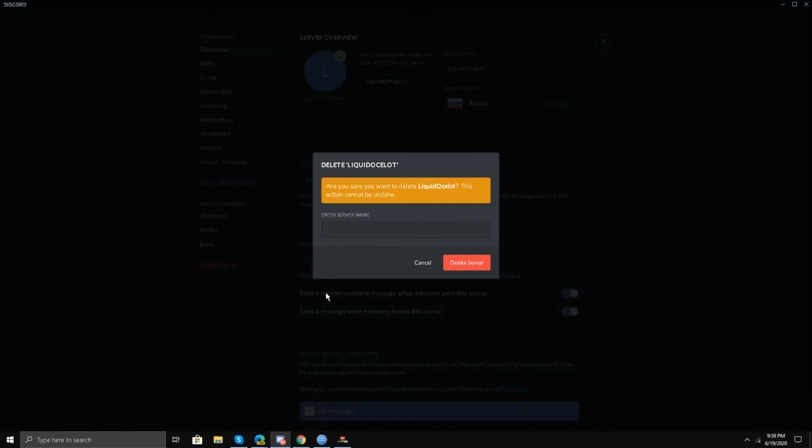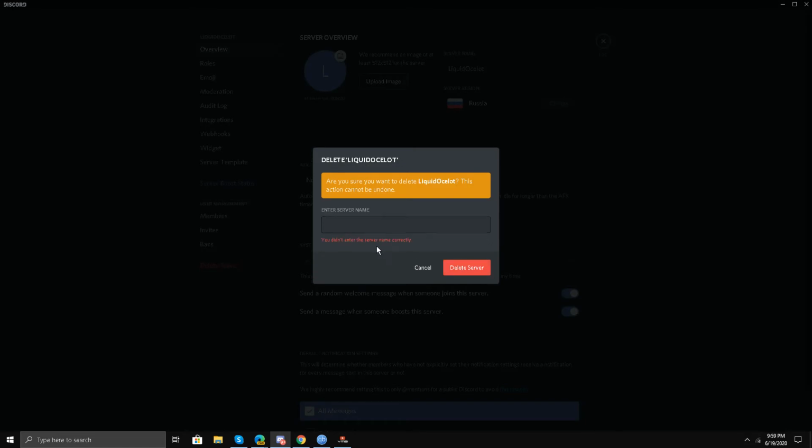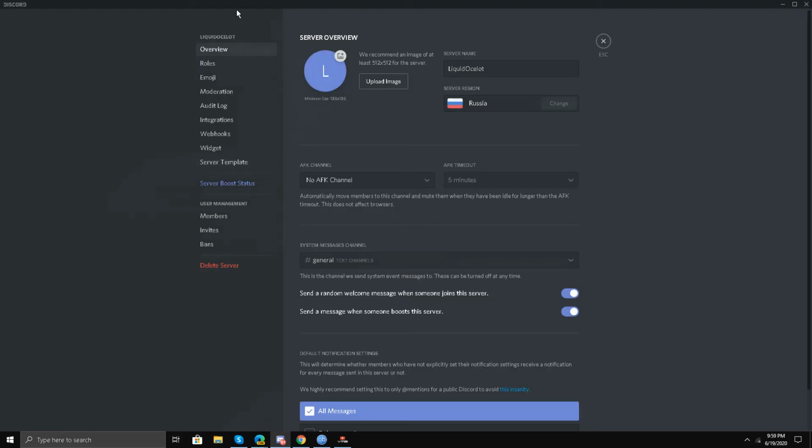I'll click it, and it asks, are you sure you want to delete LiquidOcelot? This action cannot be undone, so I'll just click Delete Server. So they say that you didn't enter the server name correctly. What I'll do is I'll click cancel, and